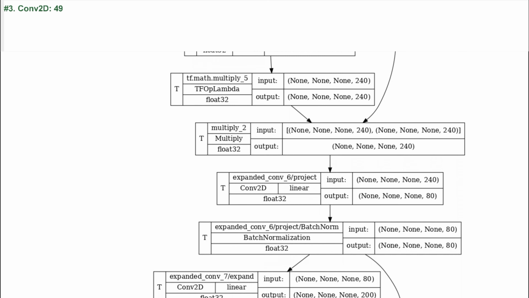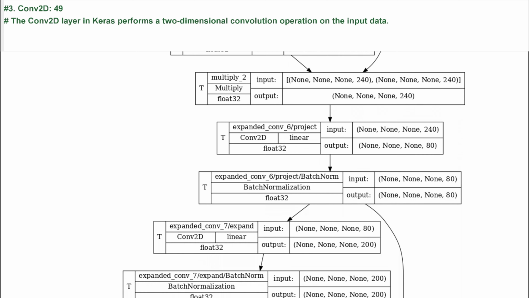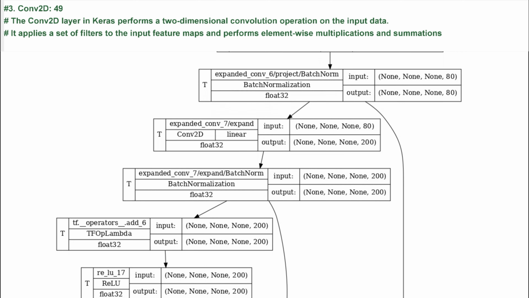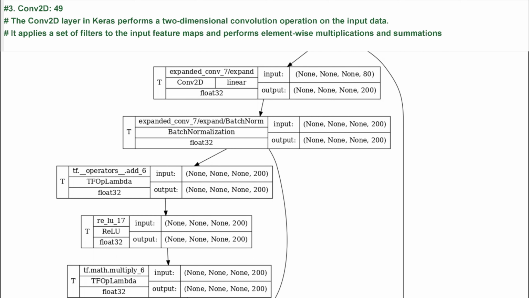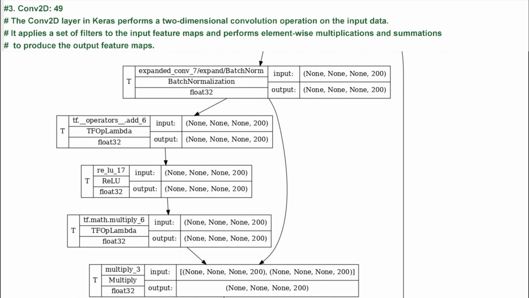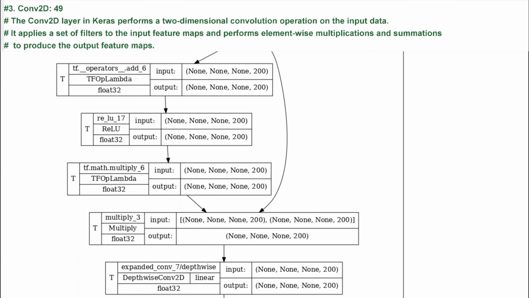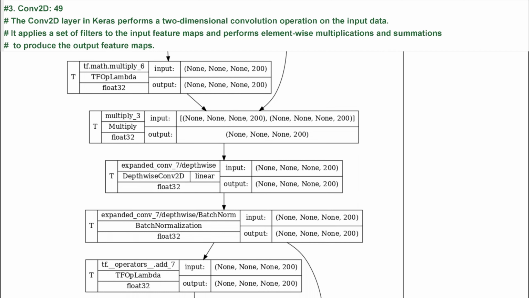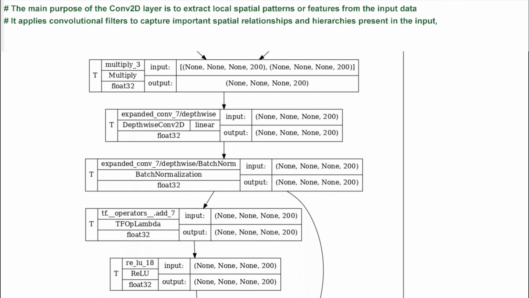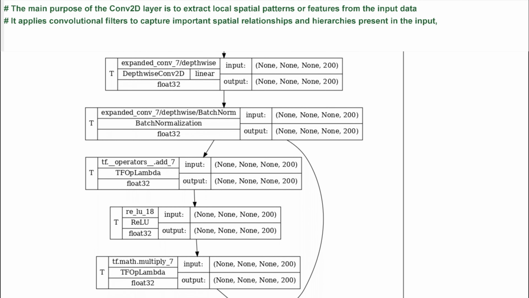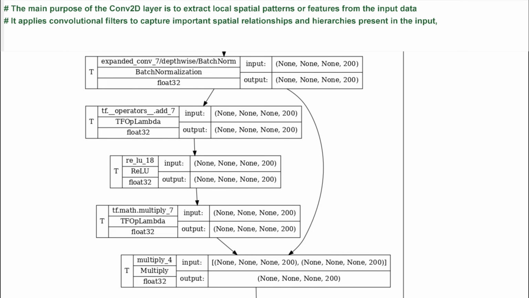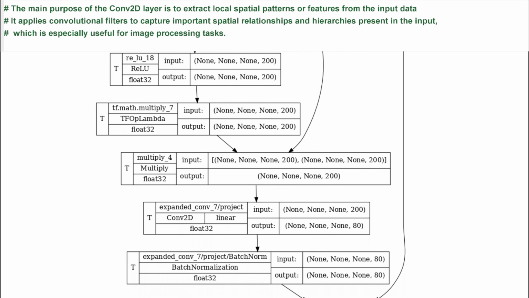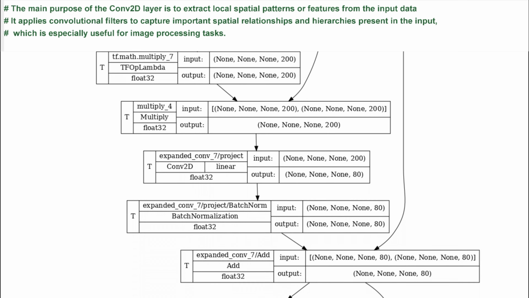3. Conv2D, 49. The Conv2D layer in Keras performs a two-dimensional convolution operation on the input data. It applies a set of filters to the input feature maps and performs element-wise multiplications and summations to produce the output feature maps. The main purpose of the Conv2D layer is to extract local spatial patterns or features from the input data. It applies convolutional filters to capture important spatial relationships and hierarchies present in the input, which is especially useful for